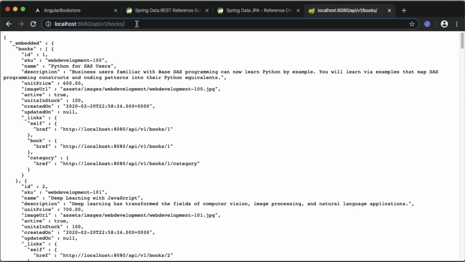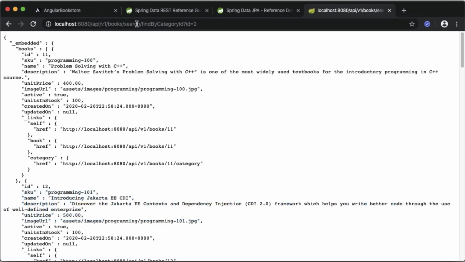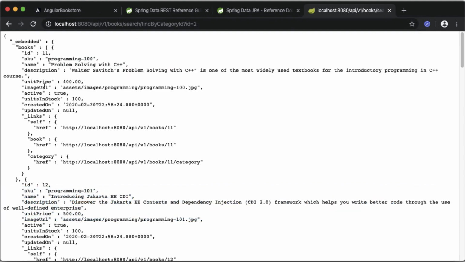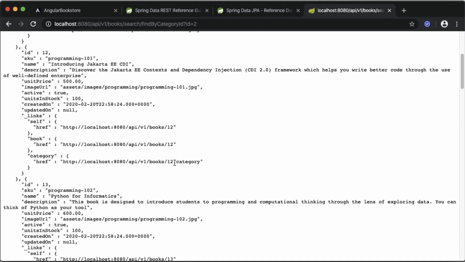Now let's navigate to the REST endpoint /search/findByCategoryId and pass the category ID, id equal to 2. You can see we are getting the list of books for that category.